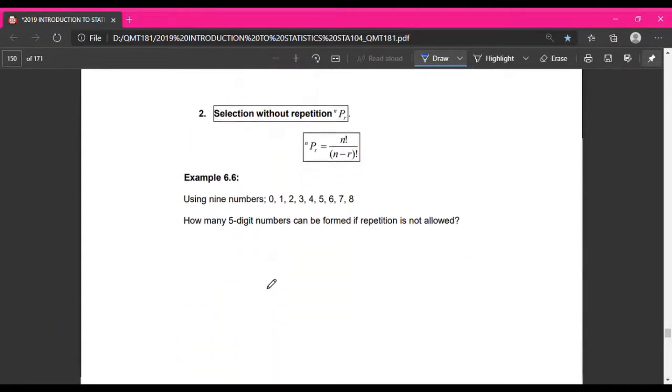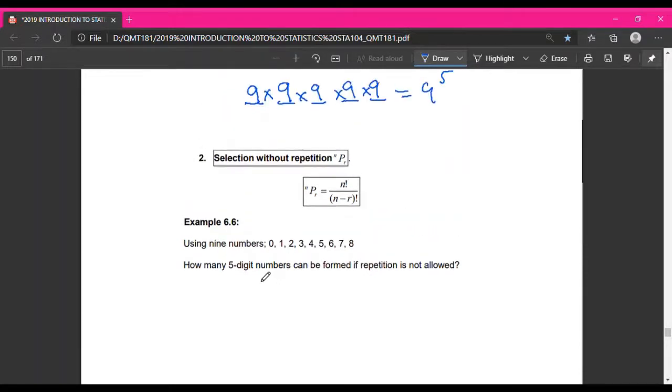This one is if repetition is allowed. If repetition is not allowed, without repetition, the formula yang ni kita gunakan NPR. Dalam your calculator ada kan NPR, you tengok bawah AC tu ada NCR, sebelah NCR ada NPR. Kita kena tekan shift dulu lah. Okay. Alright. So ataupun gunakan this formula, tak ada masalah.